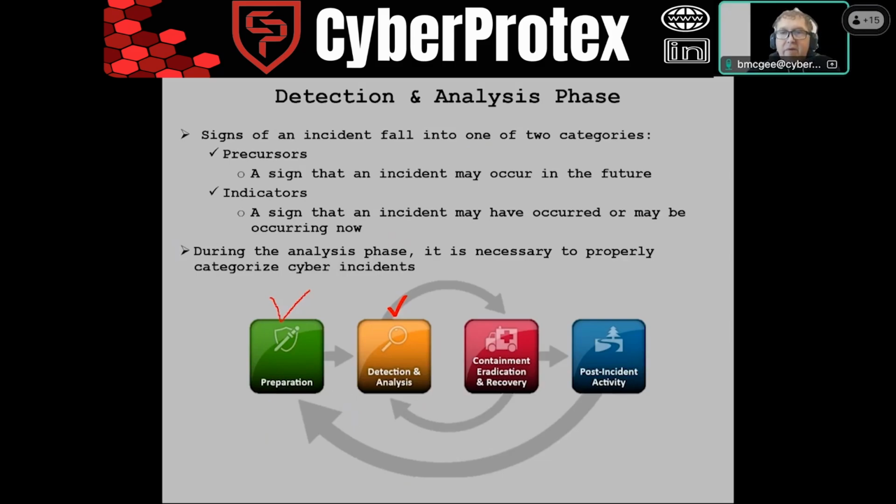And from there, the idea is that there's a sign that happens, and then there are these things called a precursor, a sign that the incident may occur in the future, and then the indicators, where it may have occurred or it may be occurring right now. And so the question is when do you hit that button that says, hey, we're under attack, or hey, we've been under attack? And the idea is you've been prepared,